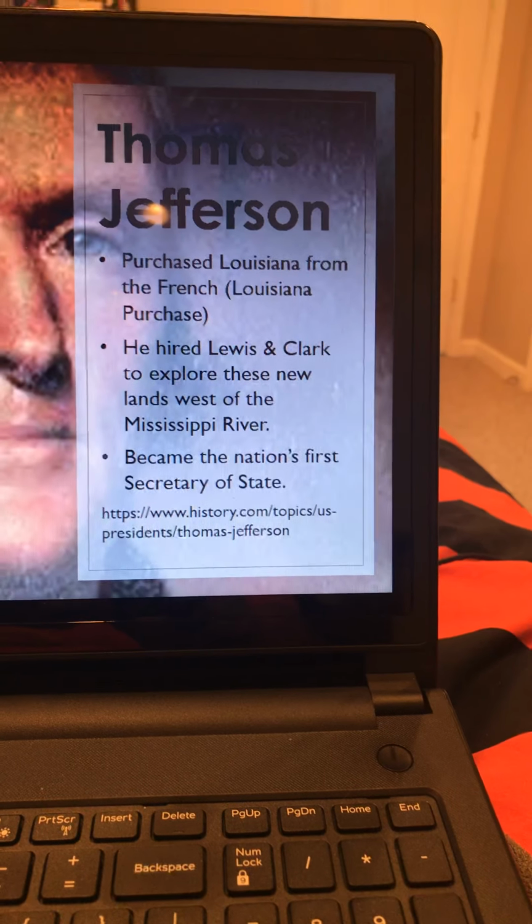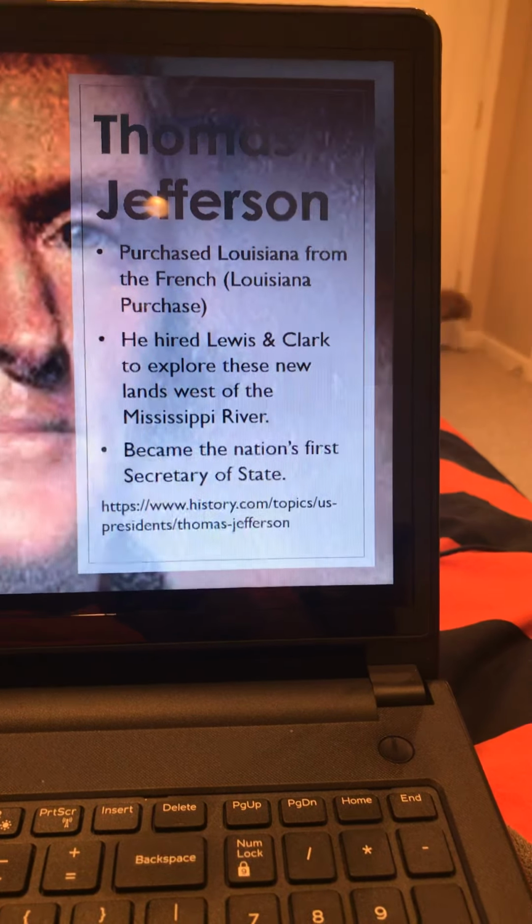And the biggest takeaway from Thomas Jefferson's presidency, well, there were a couple of things. During the first three presidents, Washington, Adams, and Jefferson, there was all of this drama going on in Europe between France and England. And surprise, they were at war against one another, and they were both trying to